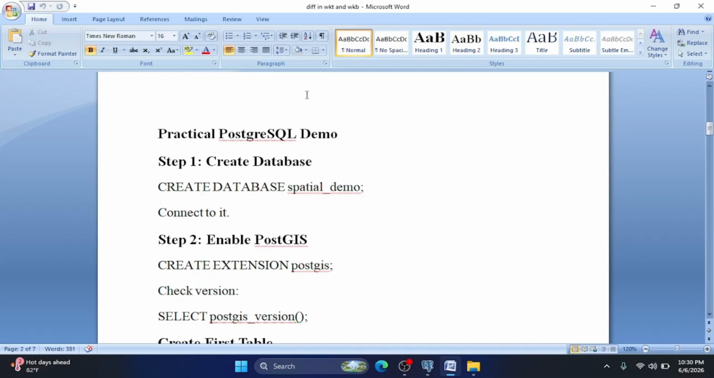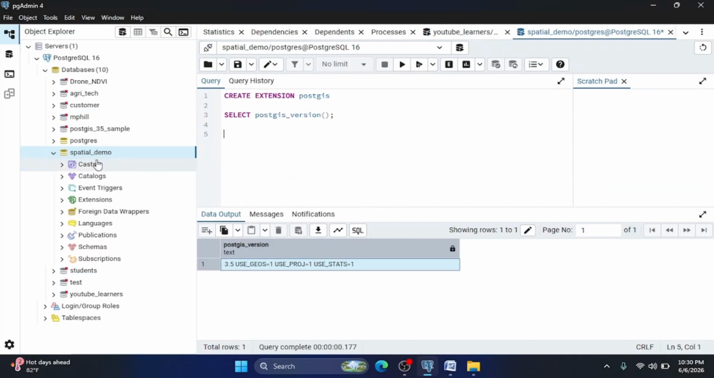So let's come on to PostgreSQL. Firstly, we will create a database with the name of spatial demo. Create database spatial demo is the query to create a database, in which create database will remain fixed. If you want to create it at your side, you write create database and then the name of the database after it. I have created this database before here,